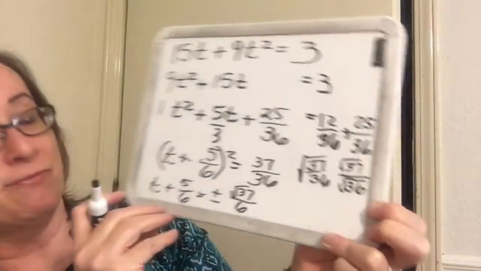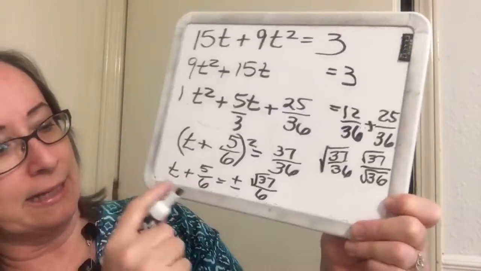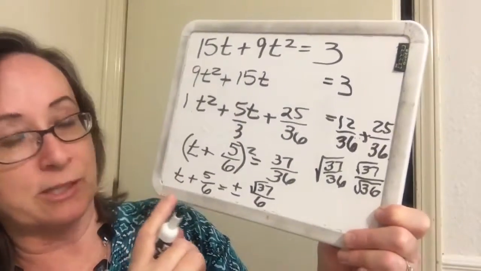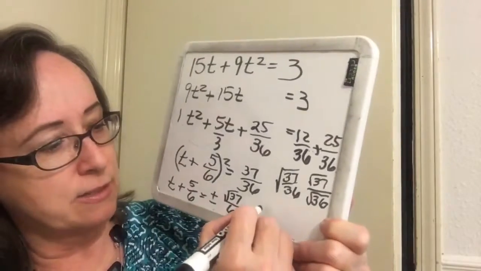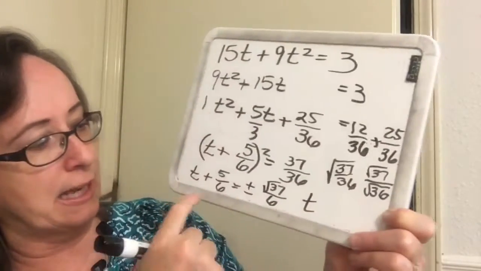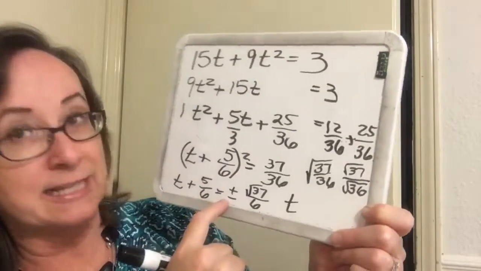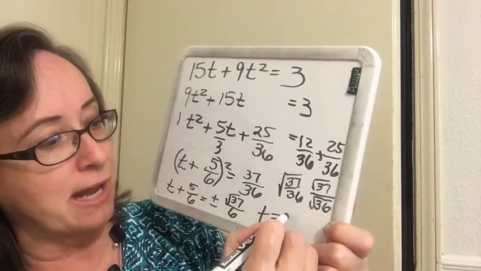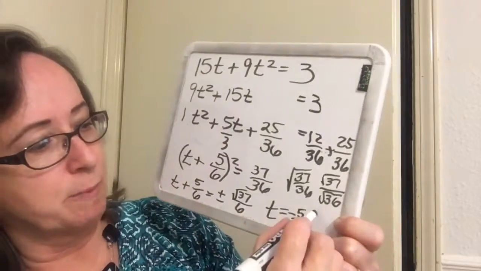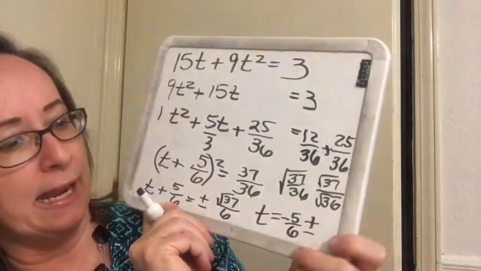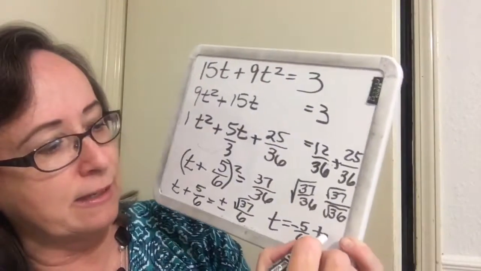So now my final answer, I need to get t by itself. So I'm going to subtract a 5/6 and subtract a 5/6. So I'm going to wind up with t on the left, subtract 5/6, subtract 5/6 in the front of the plus and minus. And then I have the square root of 37